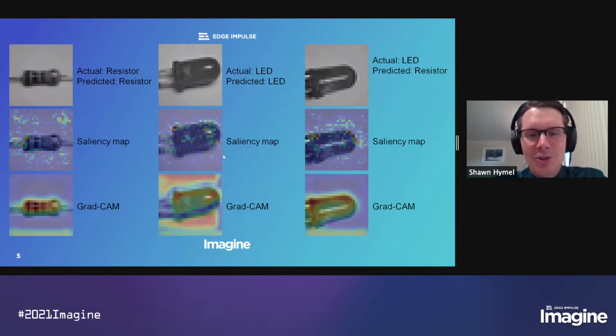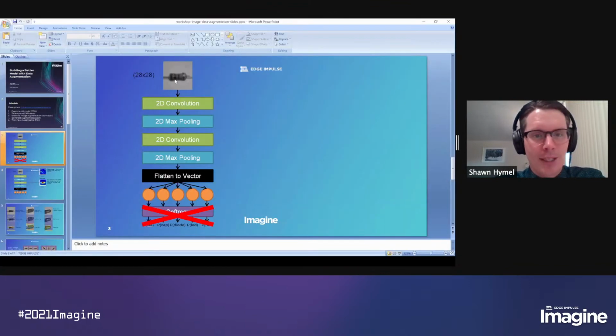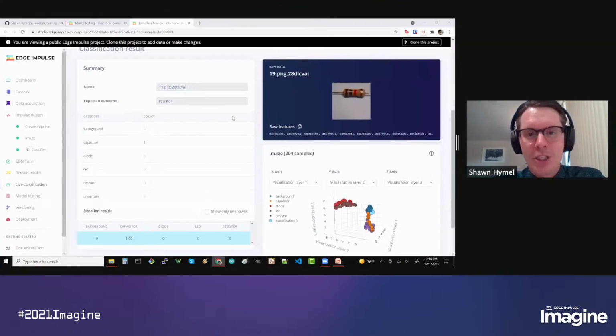So let's do this for real. Let's head to the Edge Impulse project. I've got this 19.png. We know that this was misclassified as a capacitor. And what I'm going to do is take this image, right click and say